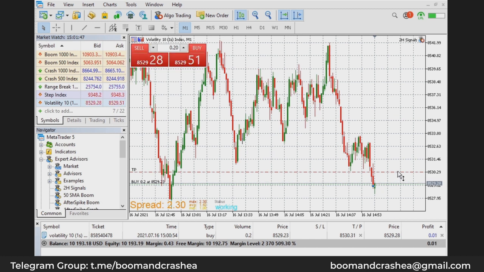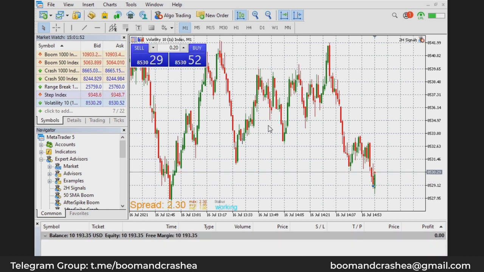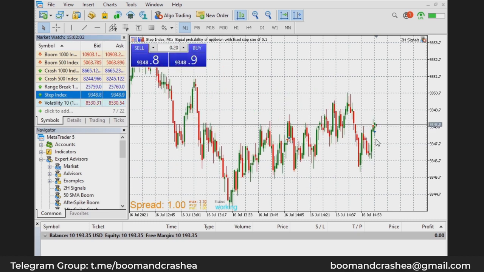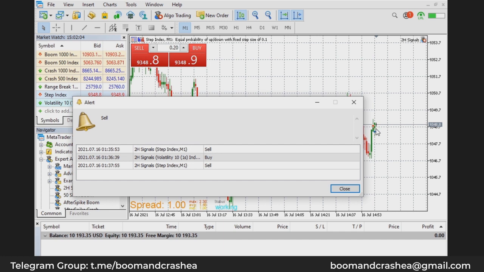Here you can see we have some profit because it's told us to buy, and then you can close manually and you are good to go. So buy, sell, this for free. Find it on the page, use it, test it around on your demo, and then you are good to go. So you see the market is buying. Let's see step, is it selling? Okay, sold a little bit, and then so it's telling us to sell again.